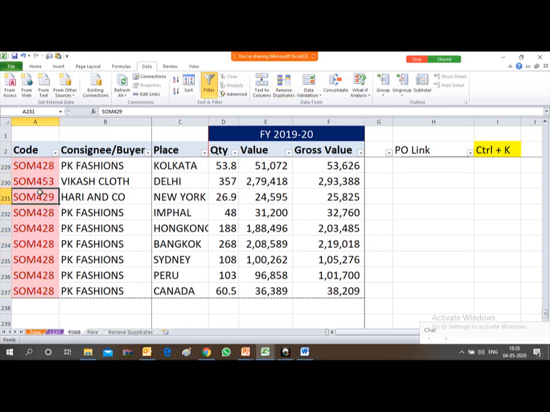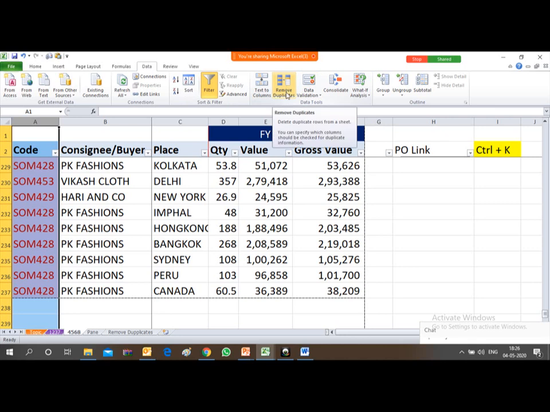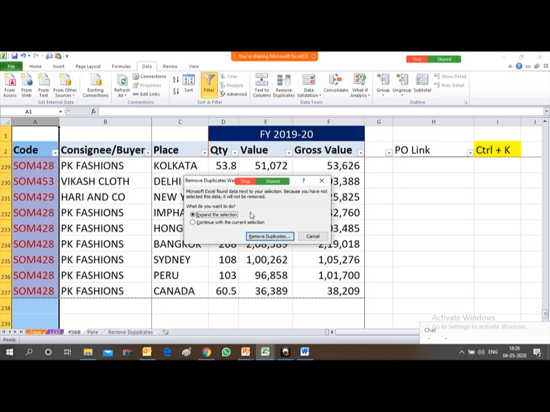Let me repeat it again. By selecting this column, go to Data, and there is this button appearing, Remove Duplicates. Remove Duplicates. So friends, just press over here.